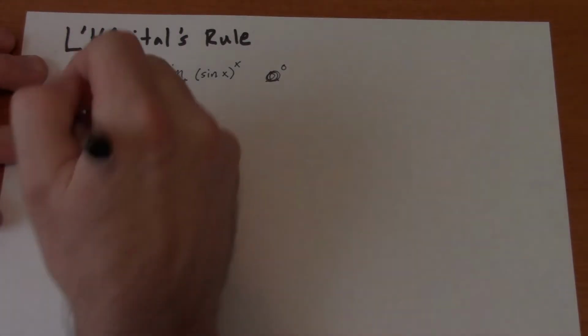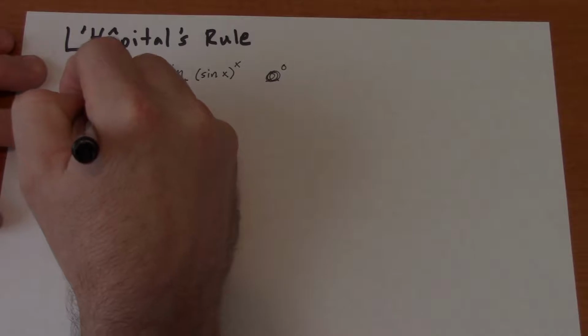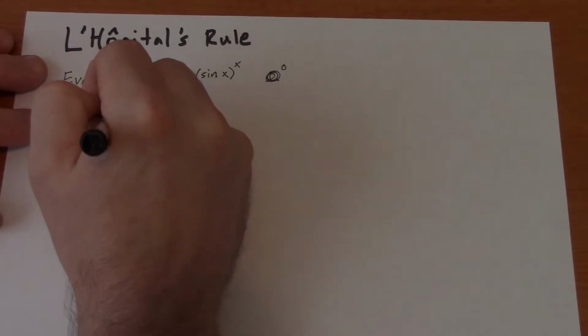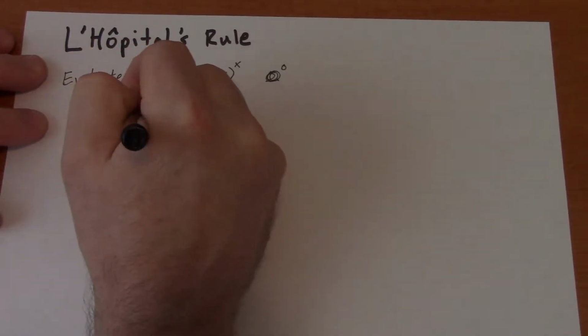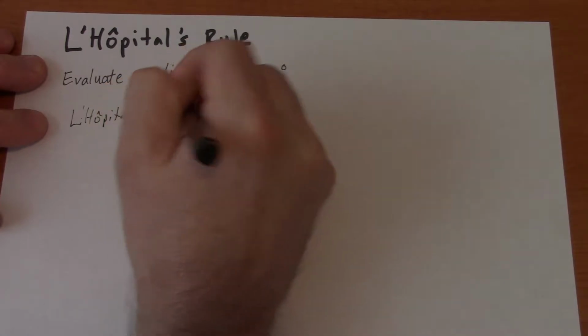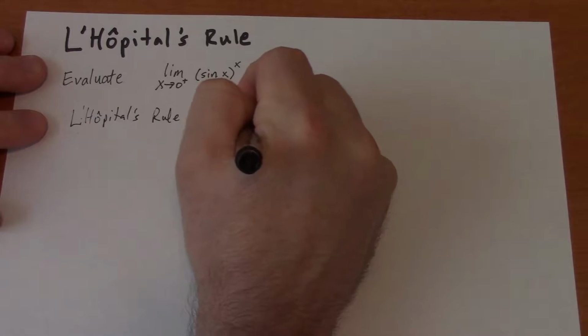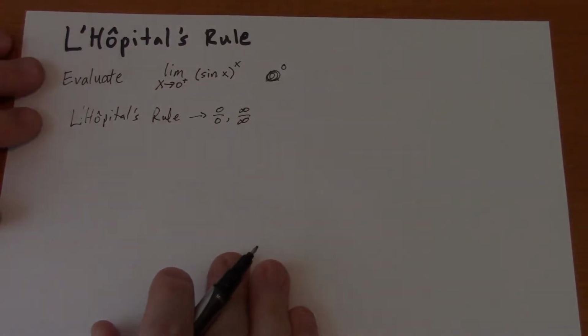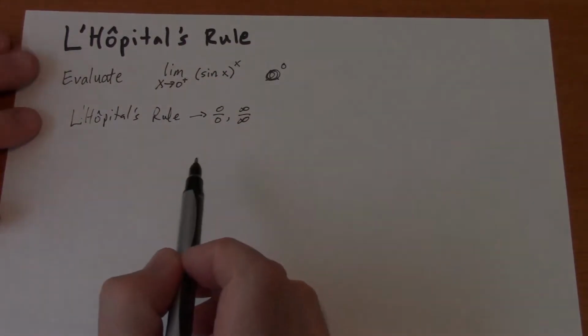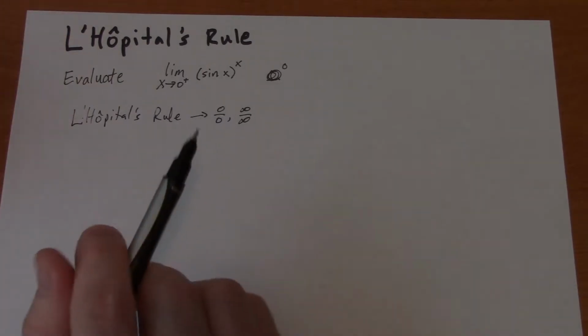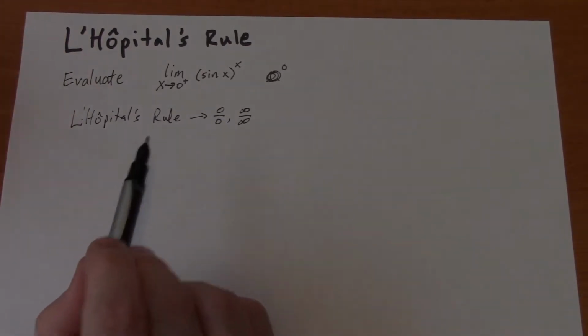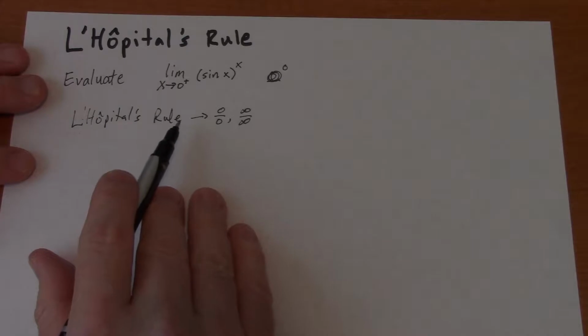Alright, now it just so happens that L'Hopital's rule only works for 2 of them: 0 over 0 or infinity over infinity. So notice that this is not one of those 2 forms. So we're going to have to do a little bit of algebra here to make it into one of those 2 forms. And the first thing we're going to have to do is change the